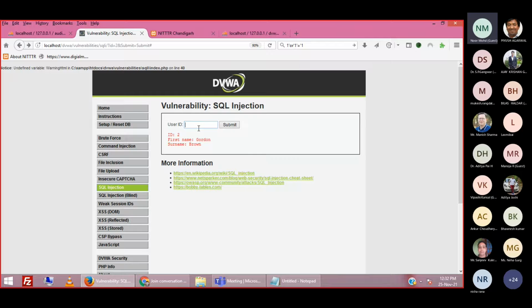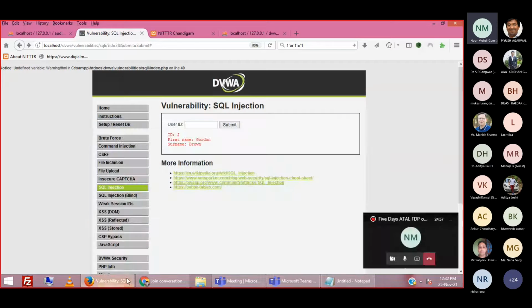So now we are going to do the next step. The next step is that we have to balance the query. What we are doing right now is hacking this website, so we have to think along with the hacker. We have to think accordingly about how hackers are hacking the website. So we have to think according to the hackers. We have checked that it is giving an error. Now we are going to balance the query.